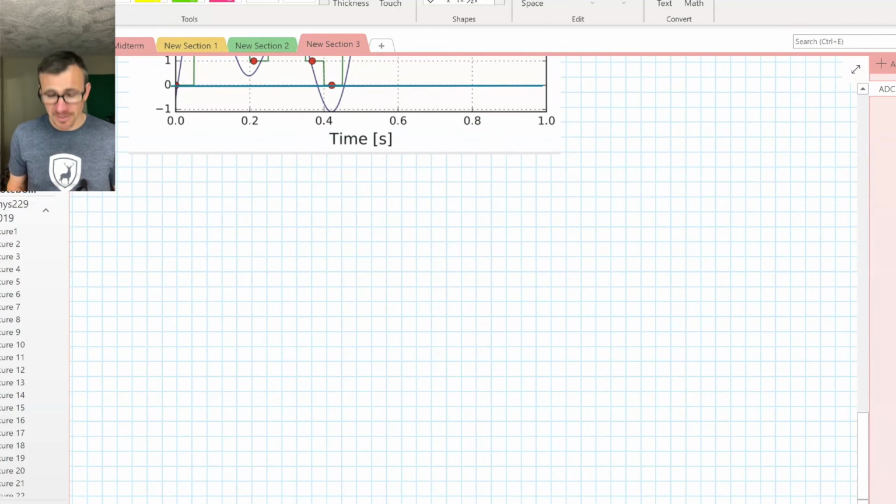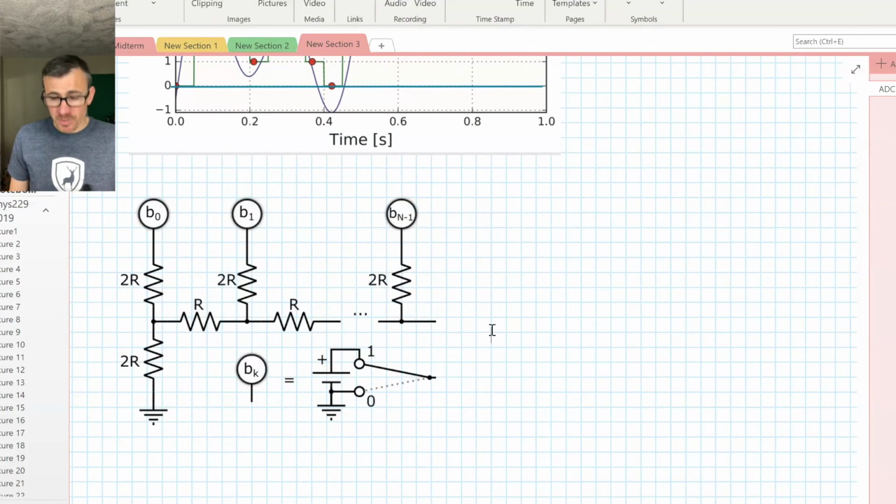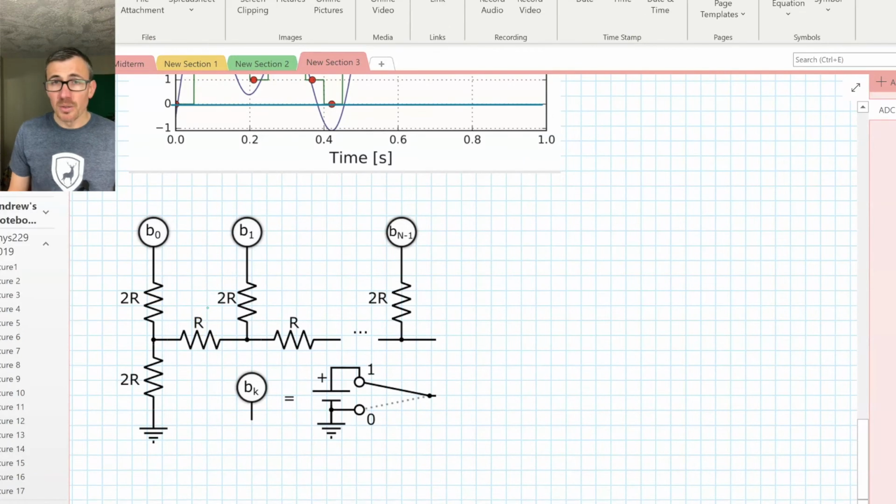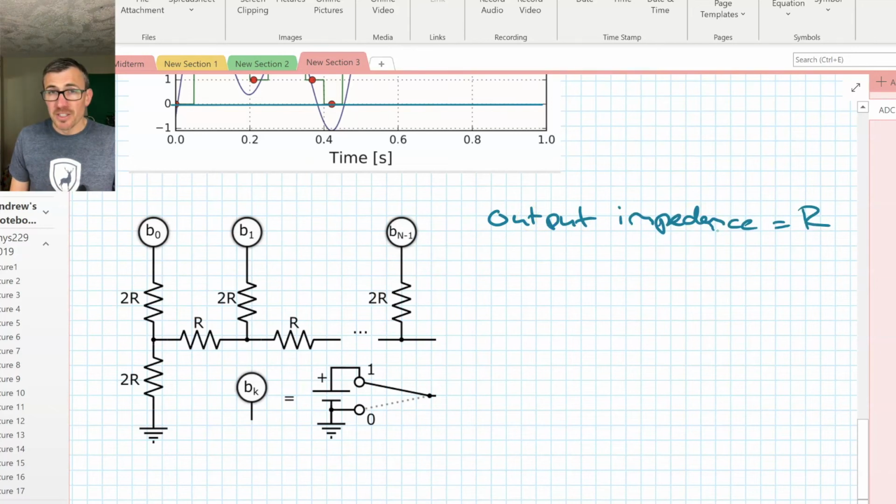Let's have a look at that. Okay, so here's what's called an R2R ladder. This is an n-bit R2R ladder, so there might be 16 of these things or 24 of these things. What we do is we just have this common pattern of a 2R resistor and an R resistor. There's a few things to note about this. The output impedance of this thing is just R, no matter how many stages you have, no matter how